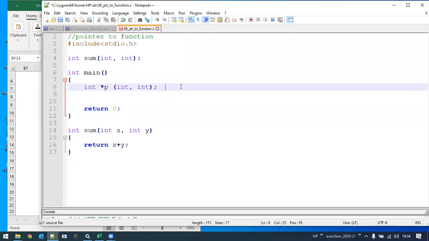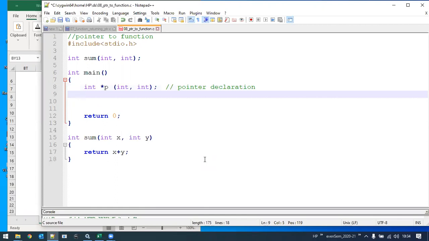Is this particular statement, the pointer declaration, understood? Yes, sir.